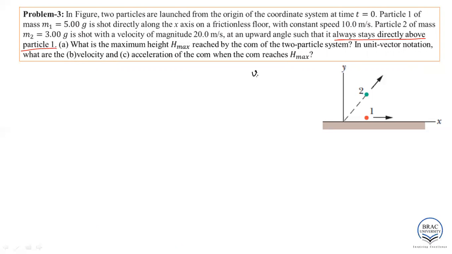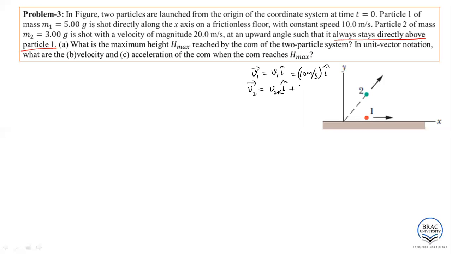Suppose this is v1. So v1 is equal to v1 i, and it is 10 meter per second, i. And v2 is the velocity,